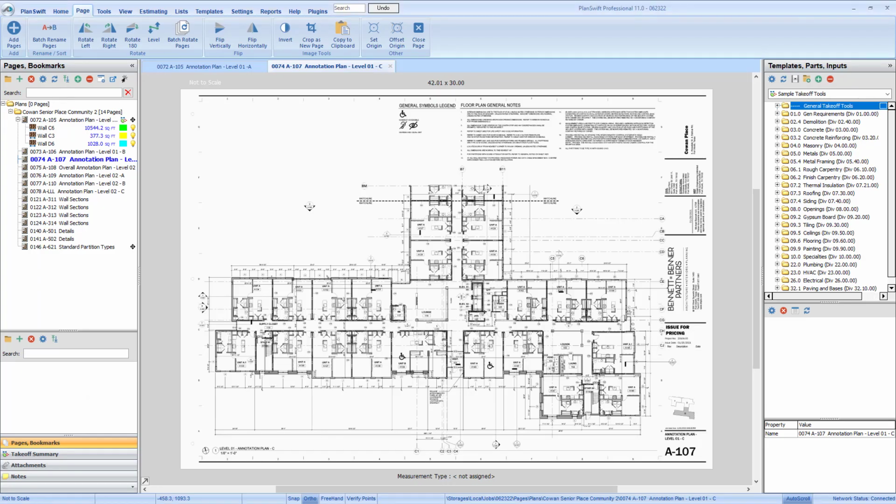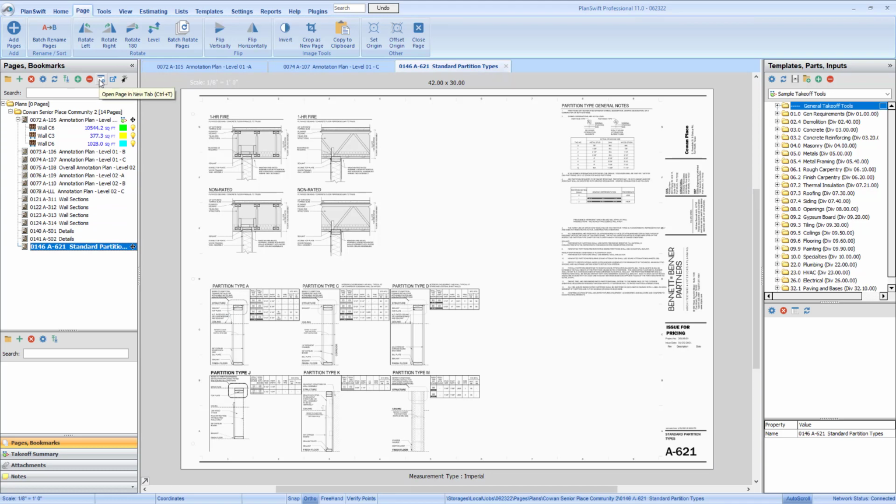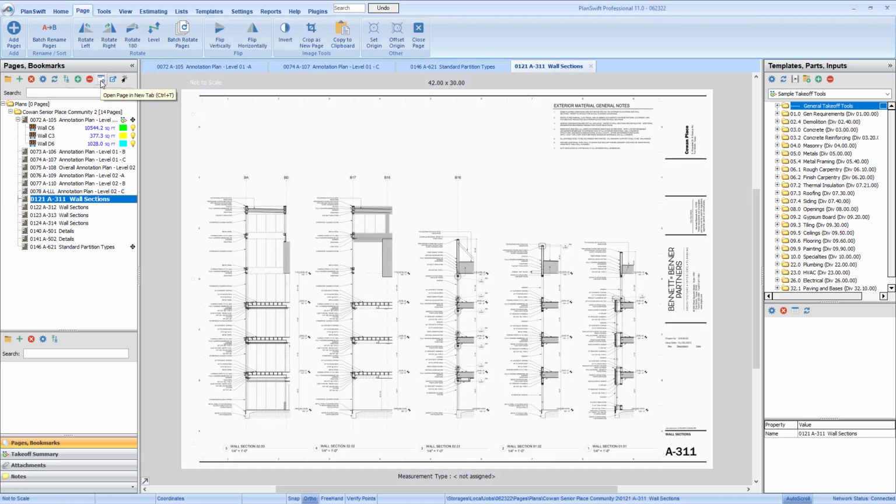In short, now you can have an image displaying in your main takeoff canvas, and then select a new image on the left without changing the image being displayed. With a different image selected, now you can open a new tab or window, and the image you selected now displays in the new tab or window. For some, this might be a more intuitive workflow than adding the tab or window first and then changing the displayed sheet.